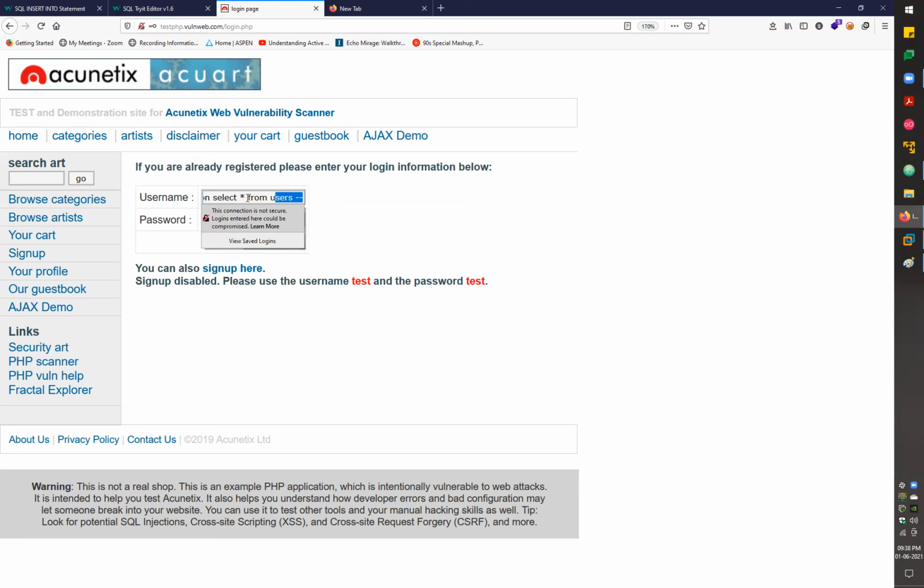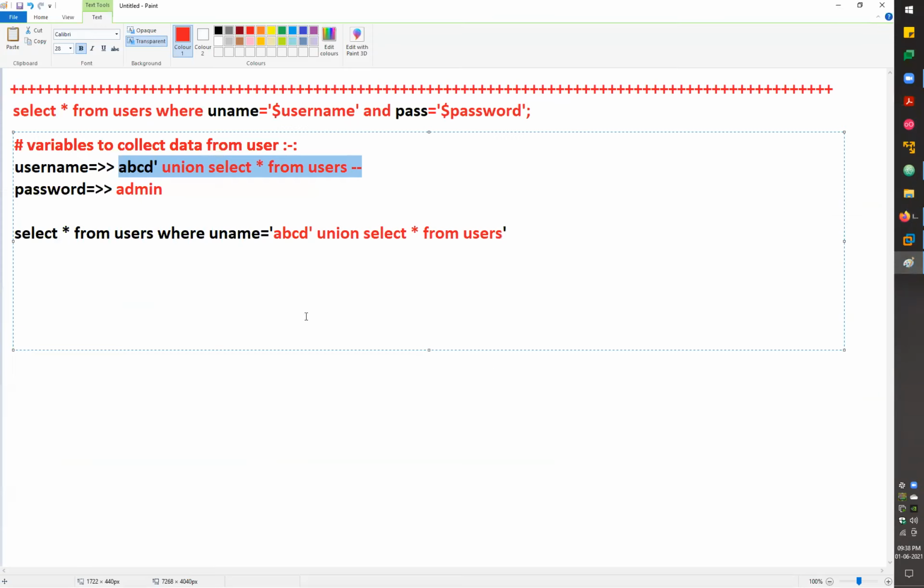And if these values are added to your database, placed in your query, it will look like this: users, hyphen hyphen, space, hyphen hyphen, then password, then the AND operator, then password, and again with password we have single quotes, and then our user input as admin, right? When your server processes this query,